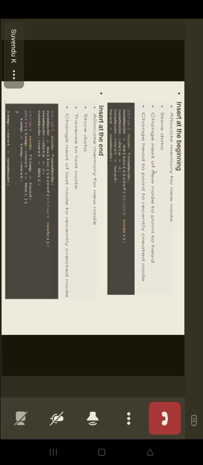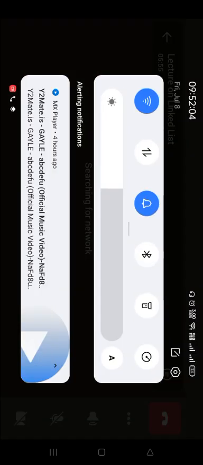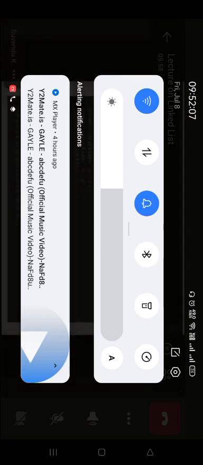So here insert at the beginning, for insertion at the beginning, allocate memory for the new node, store data, change next of new node to point to head, right? So beginning पे आपको, यहीं पे आपको मान लीजिए, तो ये आपको